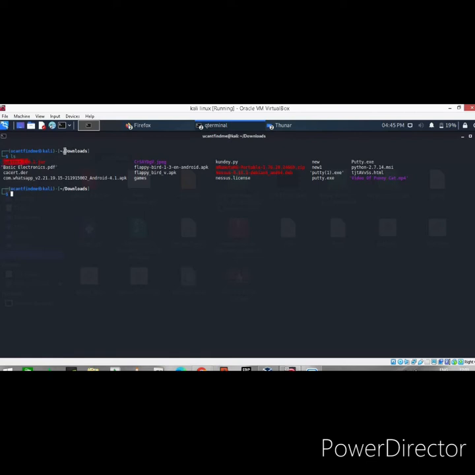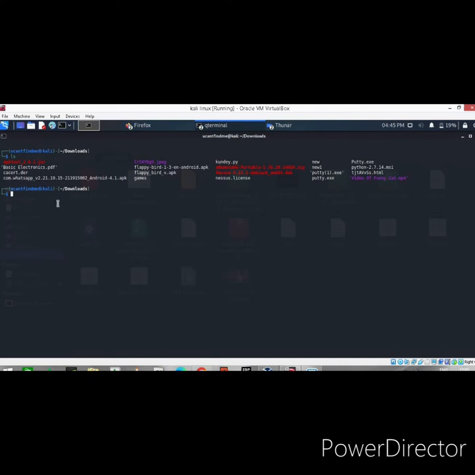So firstly I would tell what this ls is. Ls is the one command which would show all the files that are in this downloads directory. It shows all the files that are there over here. So now that the payload is created, the next step we are going to do is